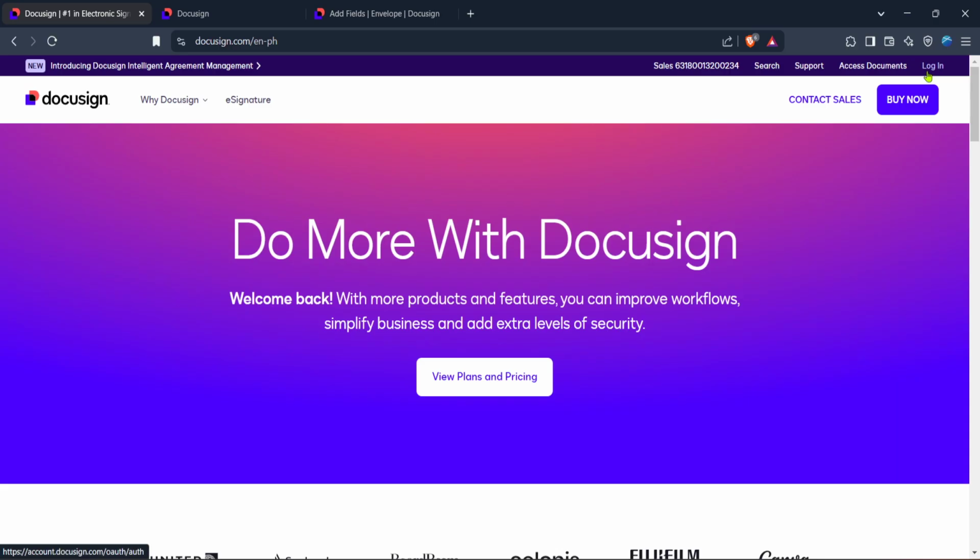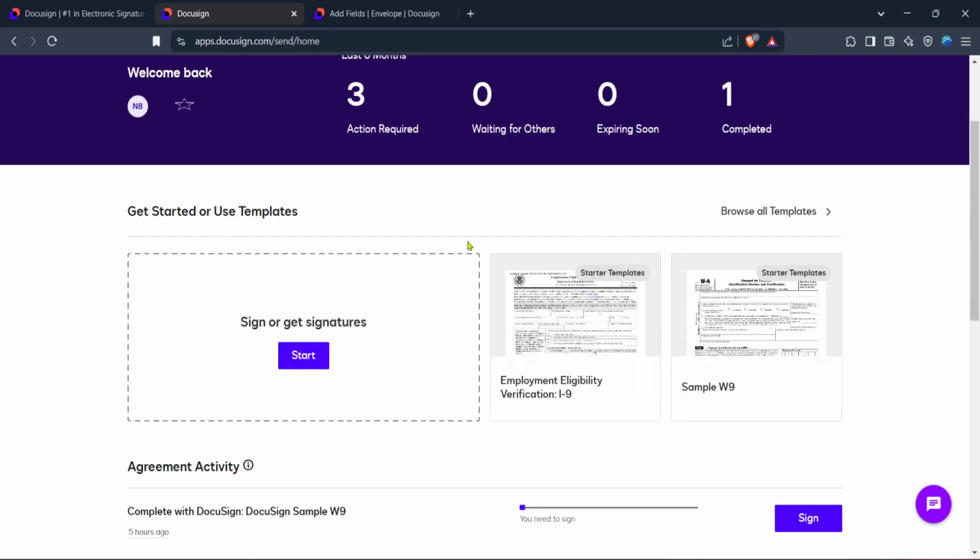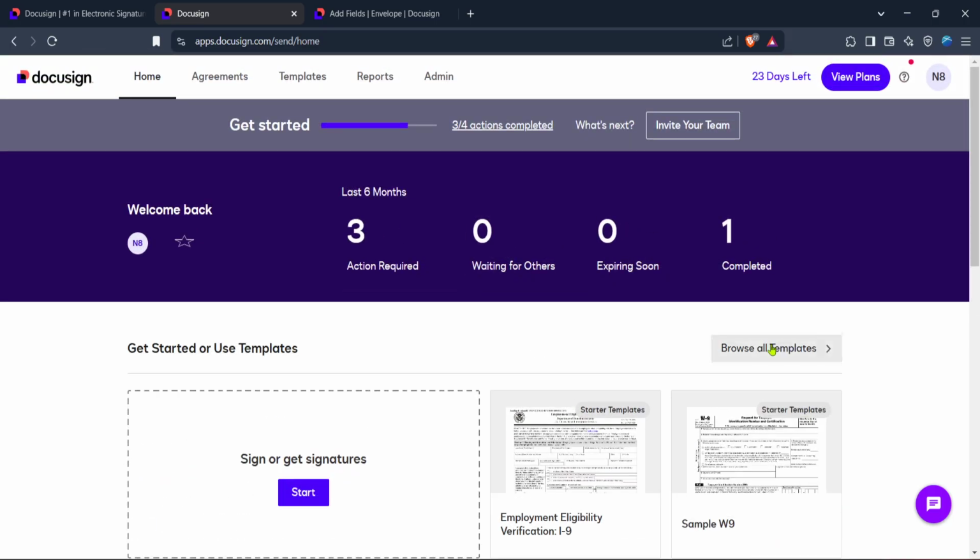After successfully logging in, navigate to the Docusign home. From here, the interface might seem a bit crowded for newcomers, but don't worry, it's quite user-friendly once you start navigating around. On the homepage, look for the option to view your templates. Selecting a template is fundamental since templates can significantly reduce the time spent preparing documents, making this the most efficient